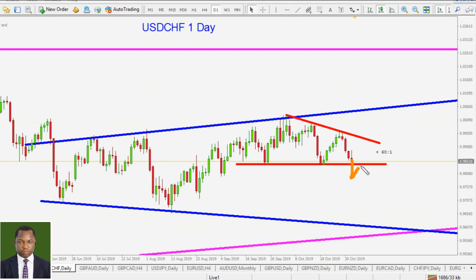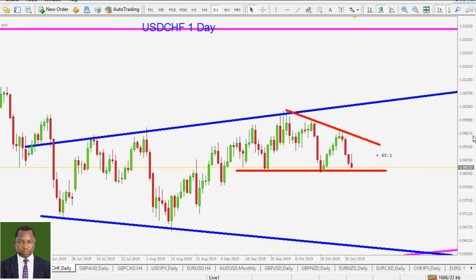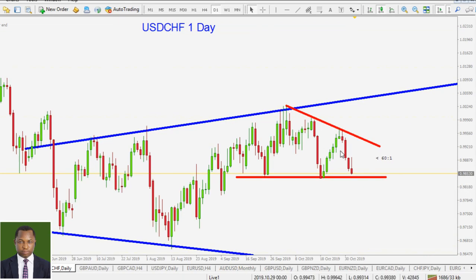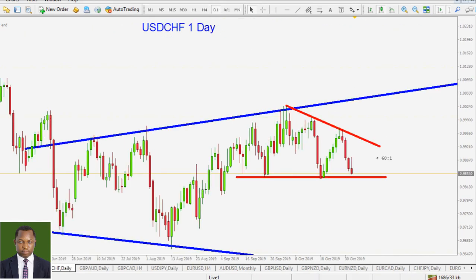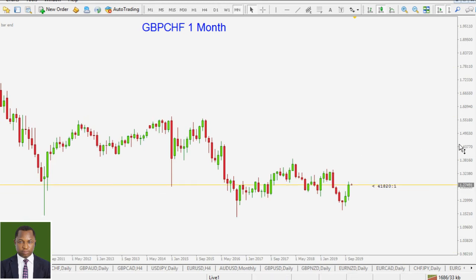to break below, then you know the next move is going to be swiftly to the downside, because we're expecting price to push in that same proportion. All right, if you measure that, it should push in that same distance to the downside. So this is absolutely bearish for me, and I will be looking for only short opportunities in the American dollar against the Swiss franc. Nothing else. So let's just keep searching for short entries, as we hope that that level of support will be broken to the downside. All right, the next one is the sterling pounds against the Swiss franc.